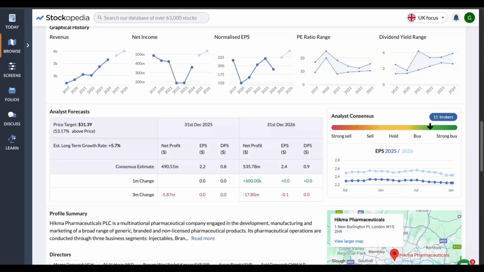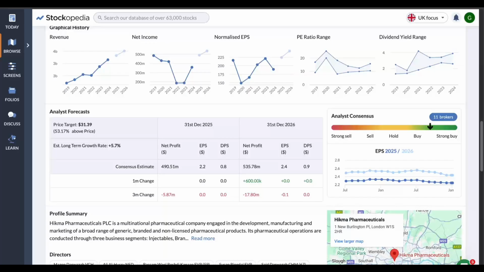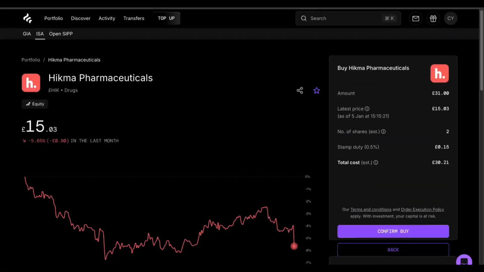Having said this though, the analyst consensus is that it's still between a buy and a strong buy, with there being 2 holds, 6 buys and 4 strong buys, with an overall price target at $31.39, which is around 53% above the current price. And a couple of these stocks I am showing you today, for some reason, do have price targets in dollars on here, so I am going to ask about this, as this really should be showing in pounds. I'm going to be adding 2 shares to my position here, which is going to cost me